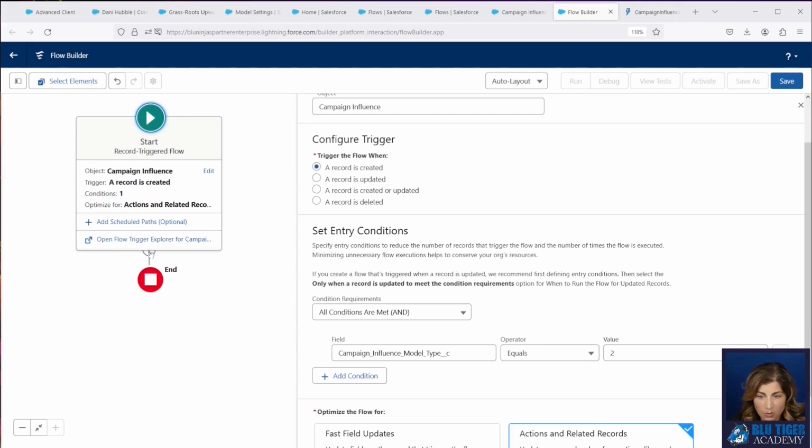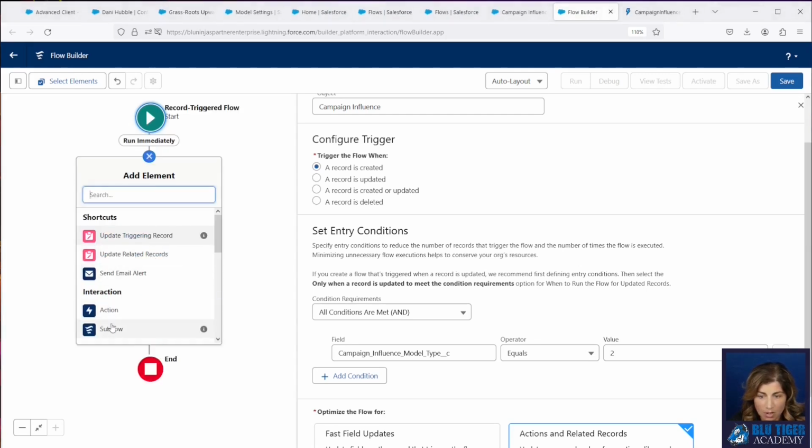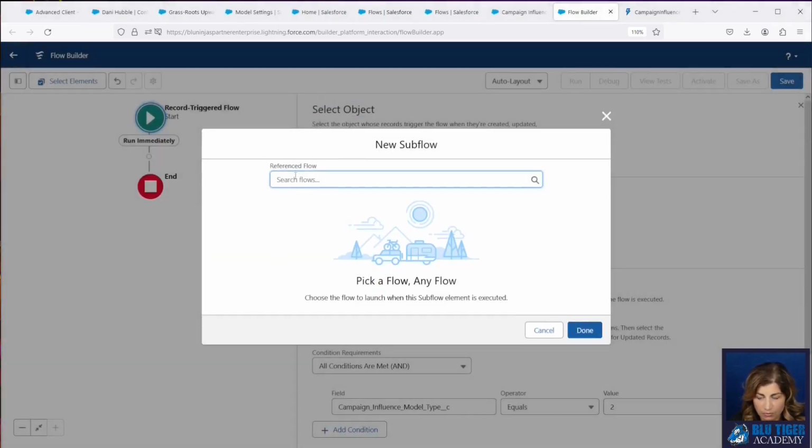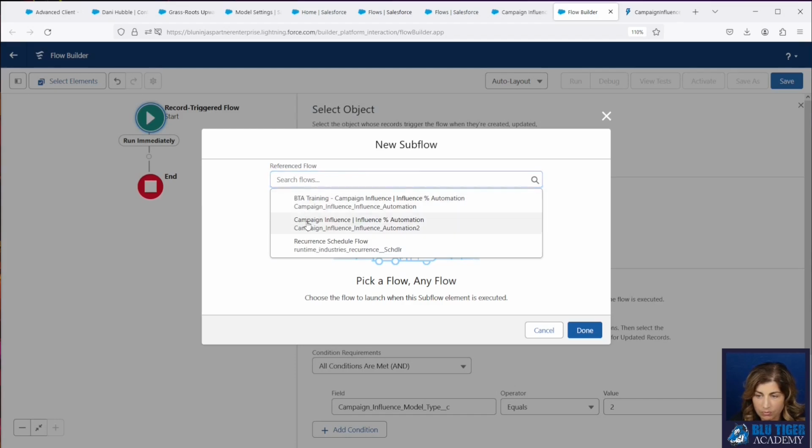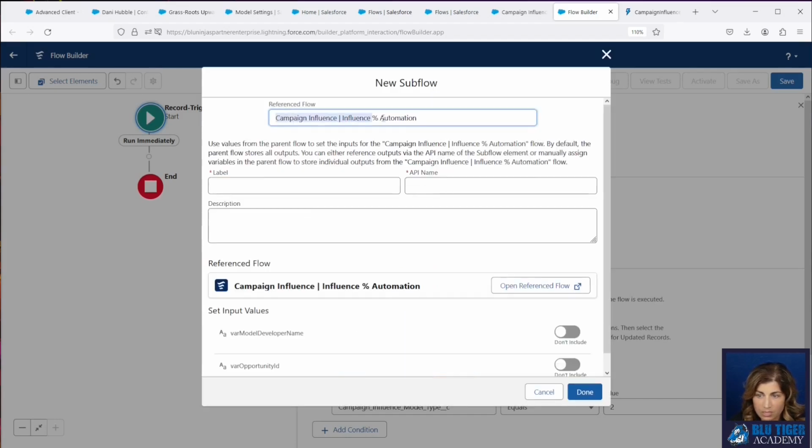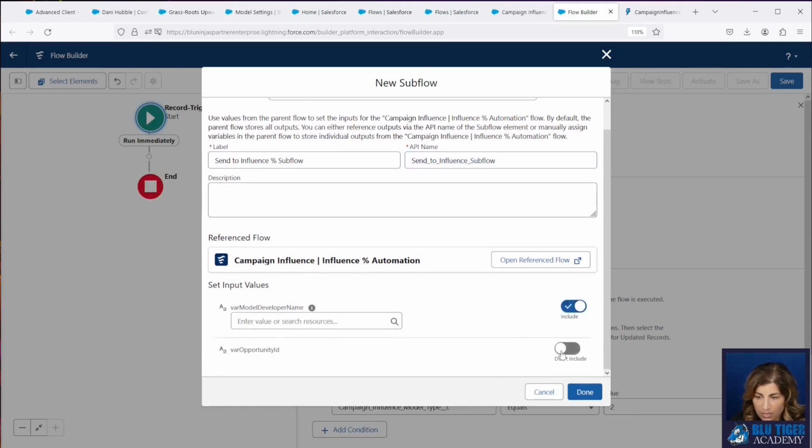And then we're just going to send this to our subflow. So our subflow was the campaign influence percentage automation. And then we are going to include both of these variables.